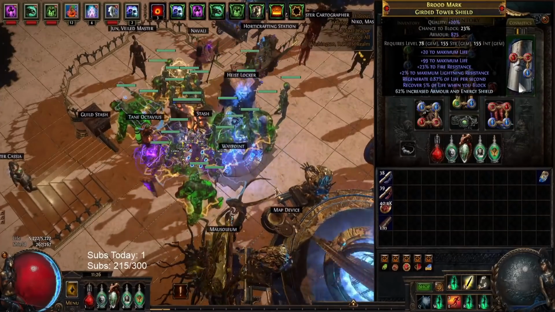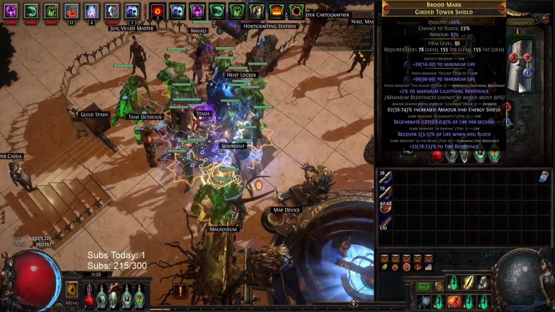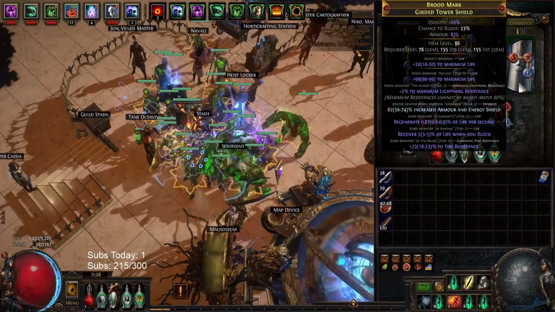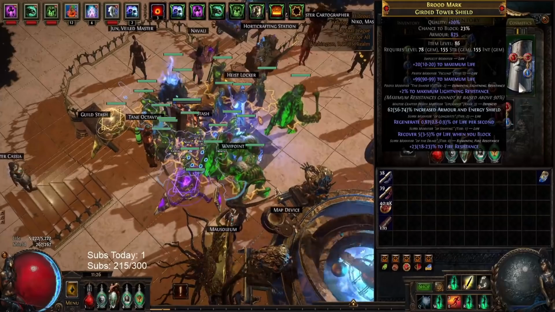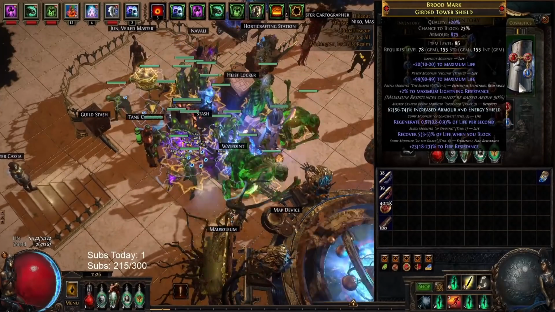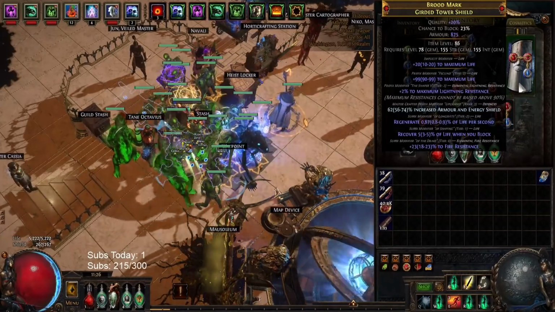This shield is an item level 86 Shaper Girded Tower Shield. This is not the best one you can get, and this is a life-based shield because it's armor and life. We can go for an energy shield armor base later, or we could just go for an energy shield base later for my energy shield build, but for now we went for the life armor, and then I crafted this